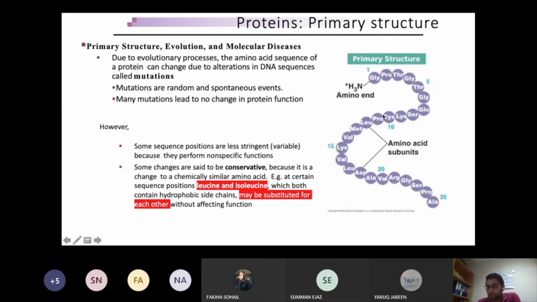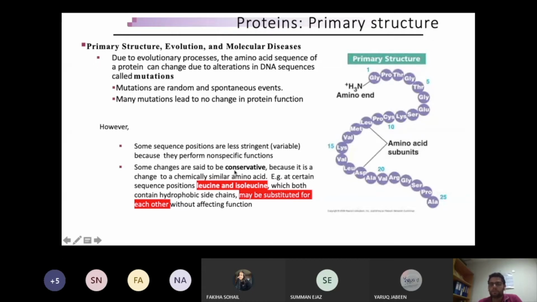So these are the primary sequences that we are talking about. Any change could affect these primary sequences, and if these primary sequences are not evolutionarily conserved, if they are not essential, they might not affect the working of this protein. Okay? However, not all the mutations are lethal. Some of the mutations are conservative mutations.